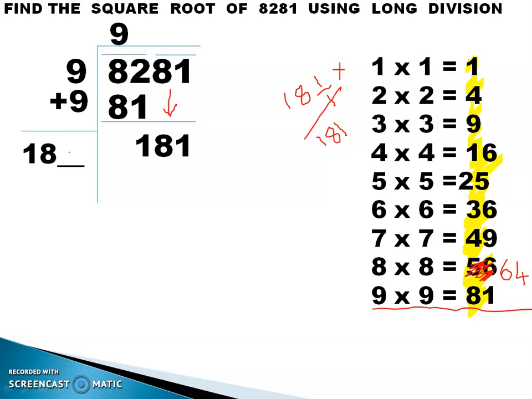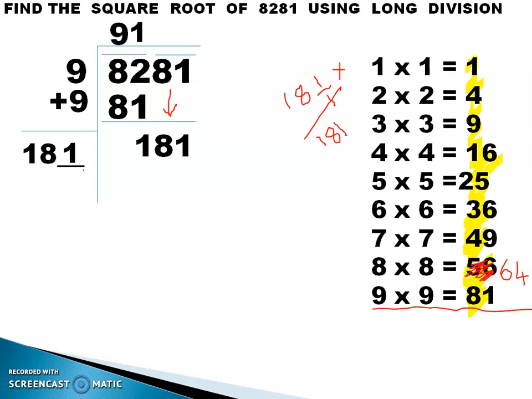You will do trial and error. That is, you will put the numbers 1, 2, 3, 4, 5, 6, 7, 8, 9 and multiply that number with the same number. Here I put 1. I multiplied the whole number with 1. What is your aim? Your aim is to find the number written here. Here in the first step itself I got 1. That is why I put 1 here. The same number you will write at the top.